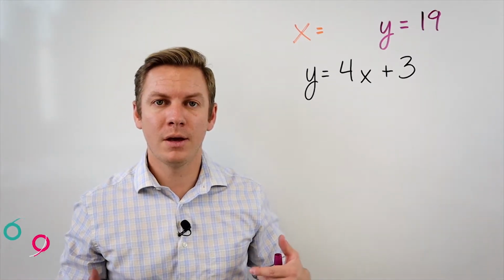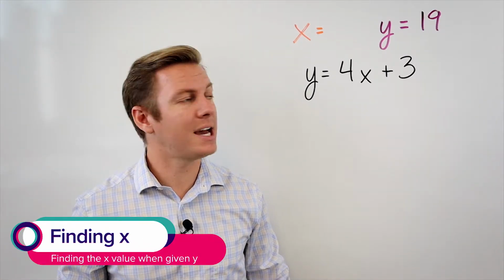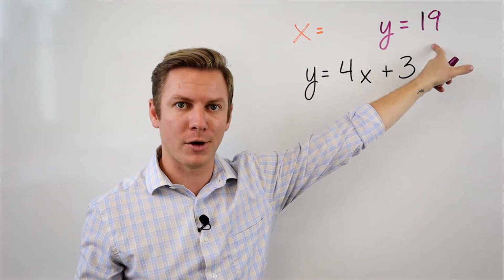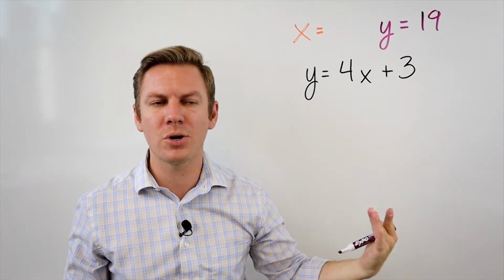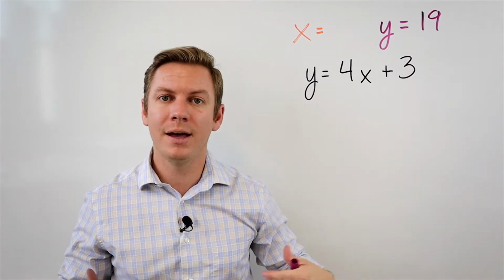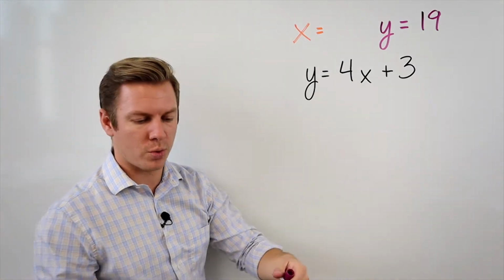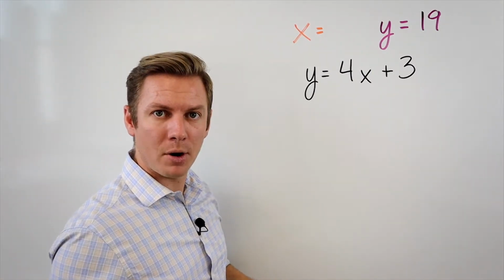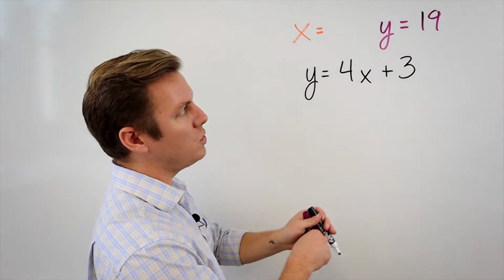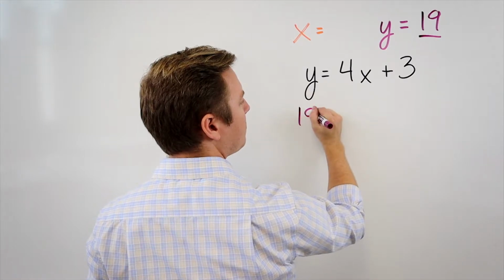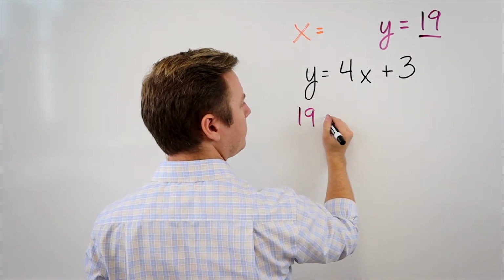All right, so we're going to do the same problem, except this time, instead of giving us an x value, the problem has given us a y value. And we're going to figure this out in a very similar fashion, where we plug in the value and solve for a missing variable. We have y is equal to 4x plus 3. We once again start off by setting up our equation by putting in the values that we do know. I know that this is equal to 19. So we're going to start this off by 19 is equal to